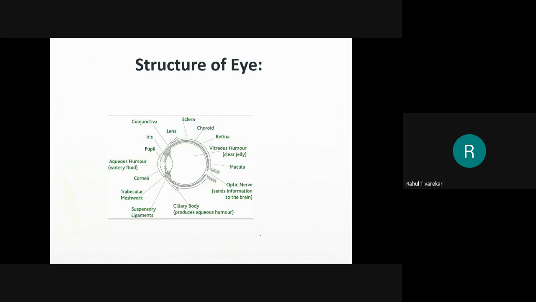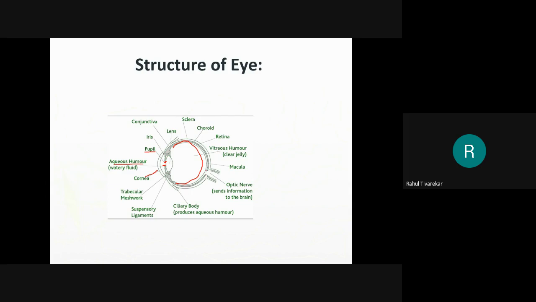So this is how our eye looks. I am not going into much biological detail of the structure of the human eye. I will just discuss the points which are necessary from the digital image processing point of view. You can read that theory part again if you want to know more about the structure of the eye. This small opening through which the light enters is called the pupil, as it is written here. Inside, it is filled with some kind of watery fluid called aqueous humor. The outer covering over the eye is called the cornea,